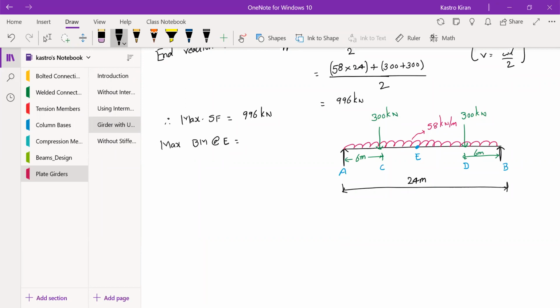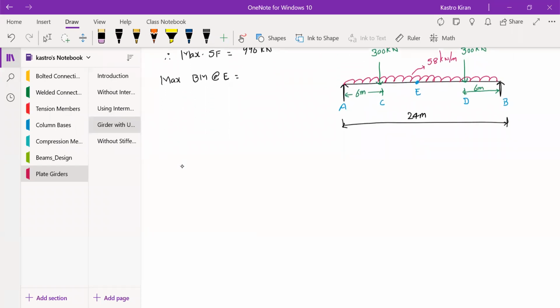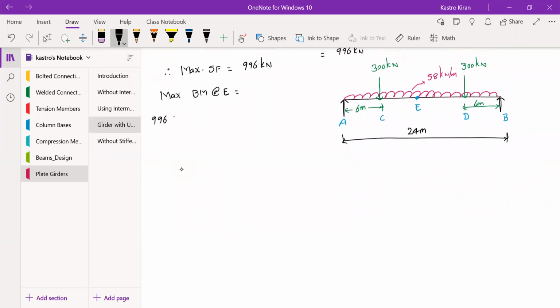It can be calculated as the maximum shear force value, that is 996, into total span divided by 2, minus the UDL load, that is the factored UDL load, which is 58, acting at a distance of half of the total distance,